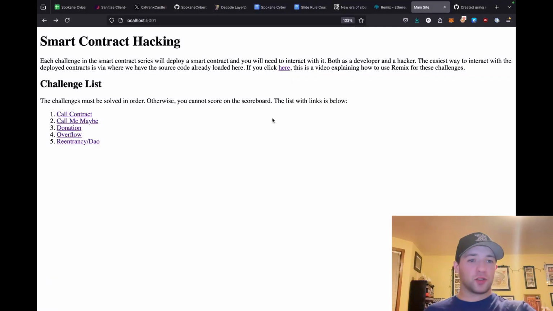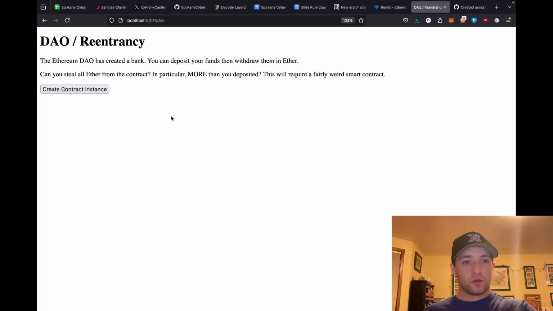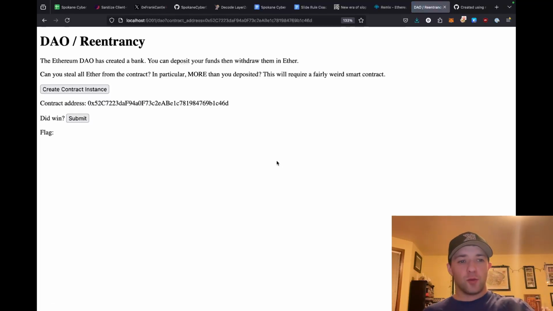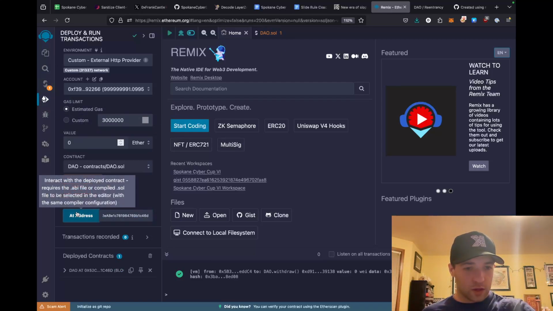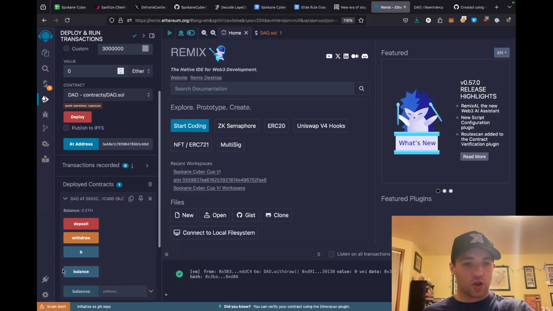For the smart contracts, there is a list of challenges. So every student needs to get their own instance of a smart contract. And this is because we don't want people interfering with each other. So you can do create smart contract instance on this website, which will then give you a contract address that you can use. If you then go back here, and we're in there, we can go to add address, which is